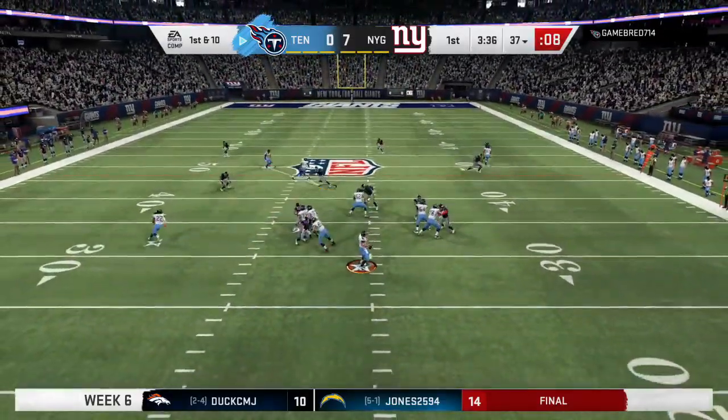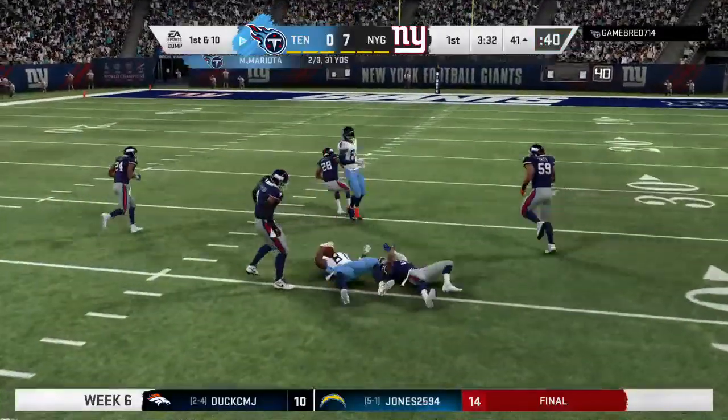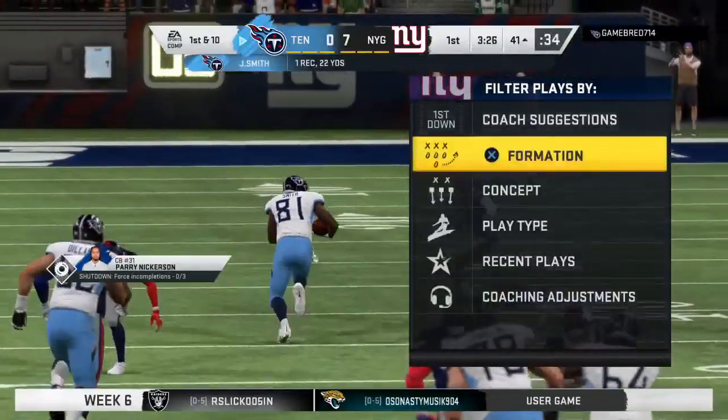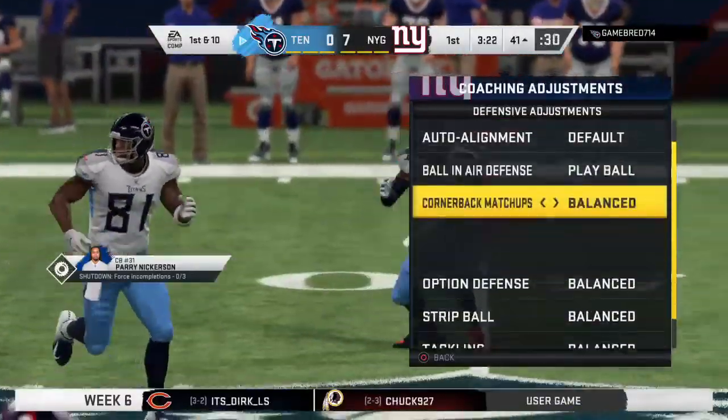To throw is Mariota. He's got a first down and then some at midfield, and all the way down to the 41-yard line. A well-executed 22-yard gain. I do believe we'll see a little bit more of this as this game progresses, because